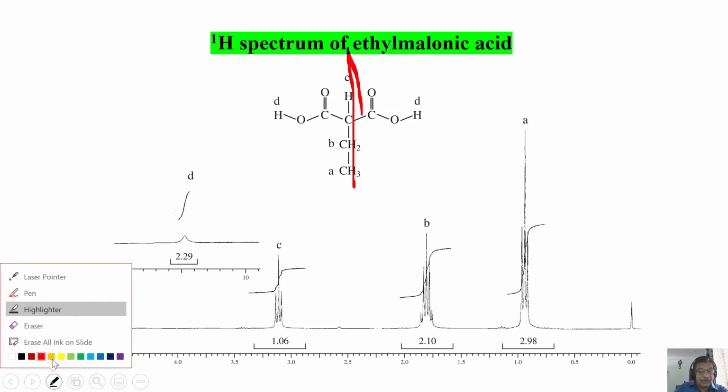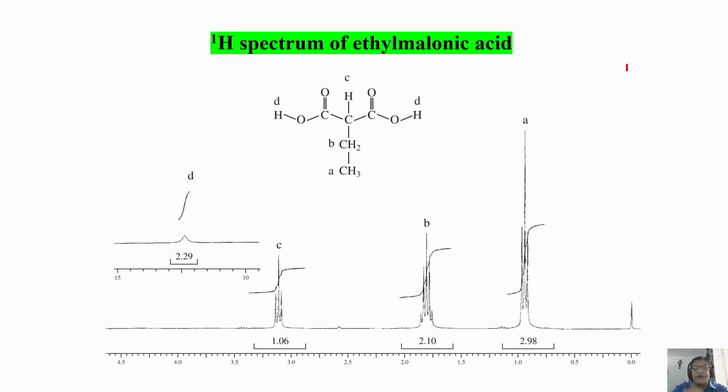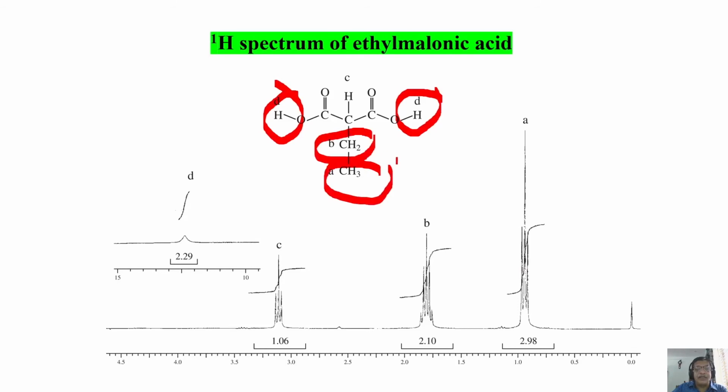Now, let us start interpreting the spectrum. How many different chemically inequivalent protons are there? This is equal to this. There is one type. And this is one, 3, and this is 1. There are only 4 types of protons available in this molecule which are chemically inequivalent. How to analyze that? Very simple. Please look at this one.